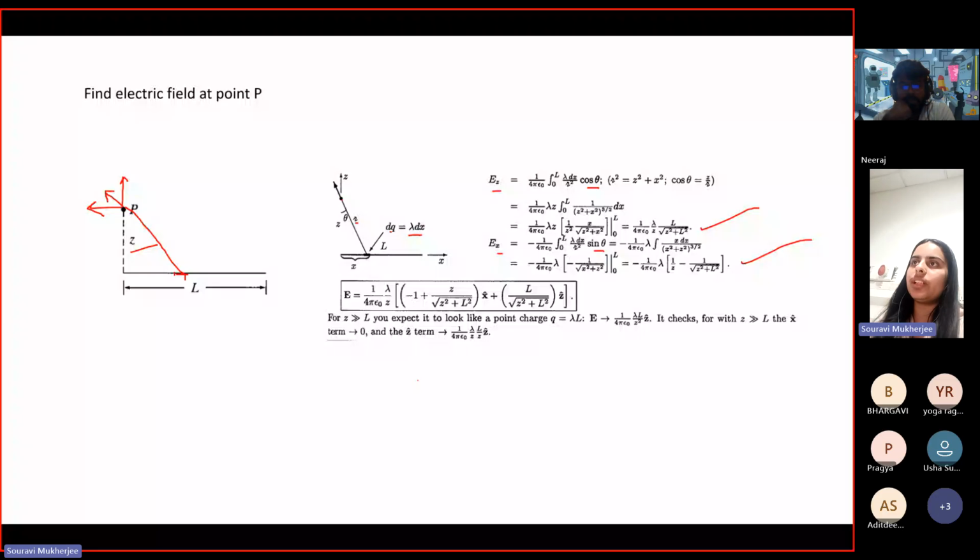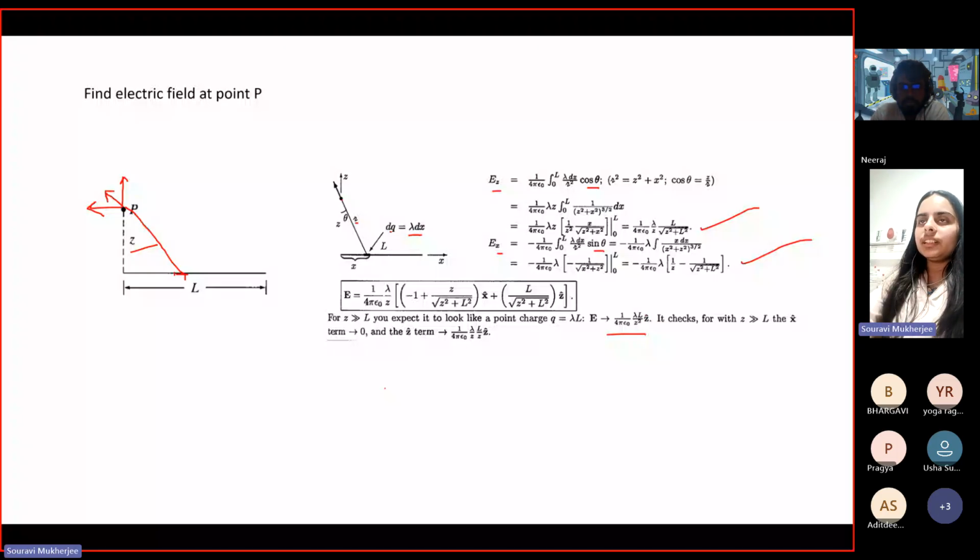In all these kinds of questions, whenever you find an expression, it's good to put in the limits and see if it is making sense. Here we know that if we are very far, so if Z is much larger than L, this will look like a point charge with net charge given as lambda into L. So we can see if we get back the same equation, and that's what we end up getting. If you take Z to be much, much greater than L, your electric field turns out to be the field at distance Z for a point charge lambda into L, which makes sense, right? So always do these consistency checks whenever you are doing these kinds of questions.